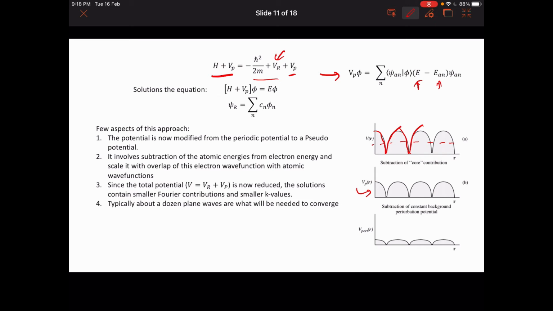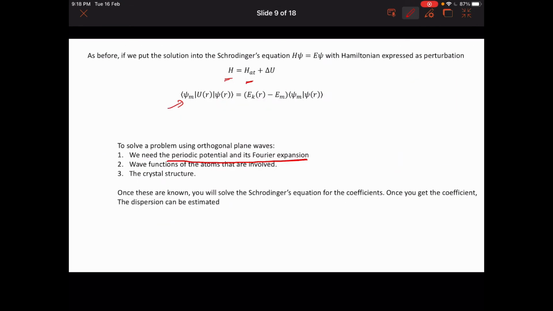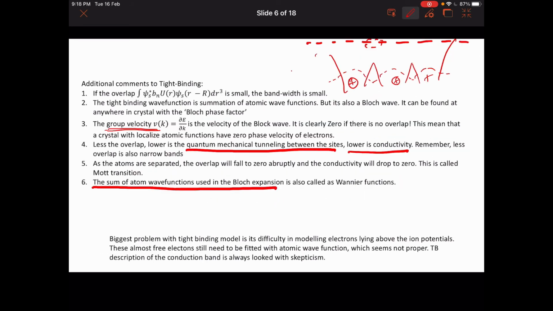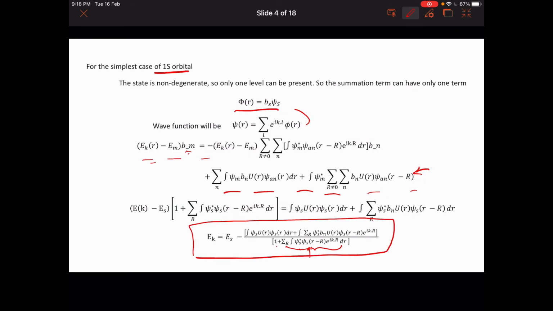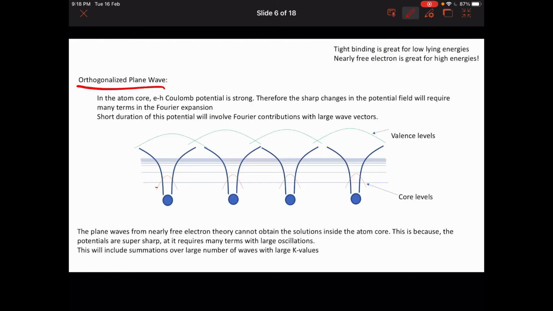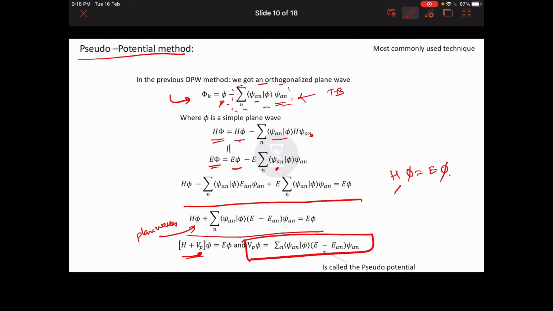So it is just an extension of the orthogonalized plane wave method, but then it is just a different way of solving. The method to solve the orthogonalized plane wave method is also called a variational method, because of the way we have approached this equation. So you get the eigen energies and then see what will be the smallest Ek value to get to overall lower total energy, and that's how this comes down to. So this is called a variational method, whereas the pseudo potential one is an approximation,